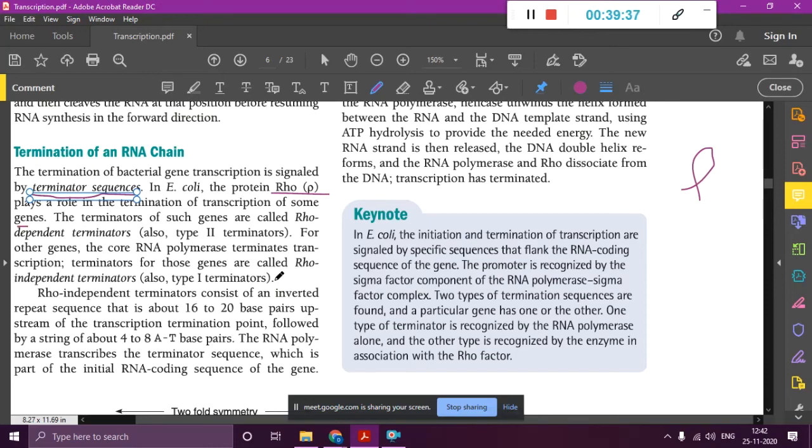So there are different types of terminators. One is the rho dependent terminator. They are also known as type 2 terminators, and of course you have the rho independent, without the help of rho. They are known as type 1 terminators. So what is